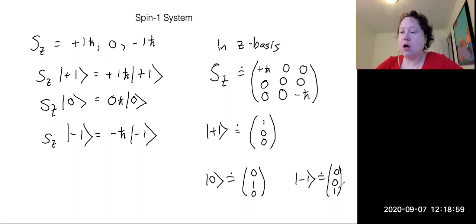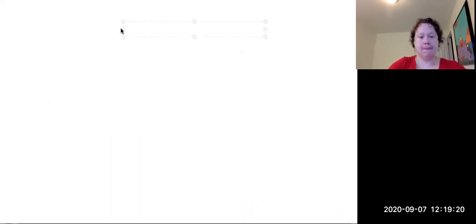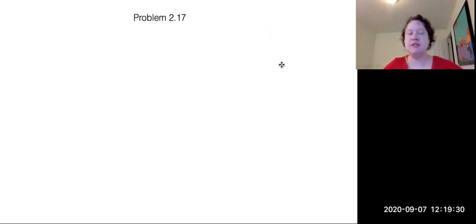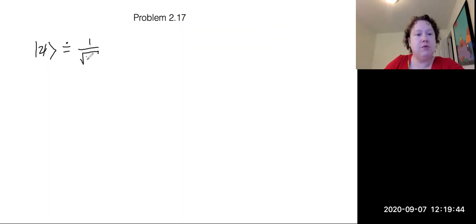All right, so I am going to do an example and then we can move on from that. So we are going to look at problem 217. This tells us that we have a spin-1 state that is prepared in a state. So we have a spin-1 particle in the state psi, because that's what we always call our states, which we are representing by the vector 1 over the square root of 30, 1, 2,